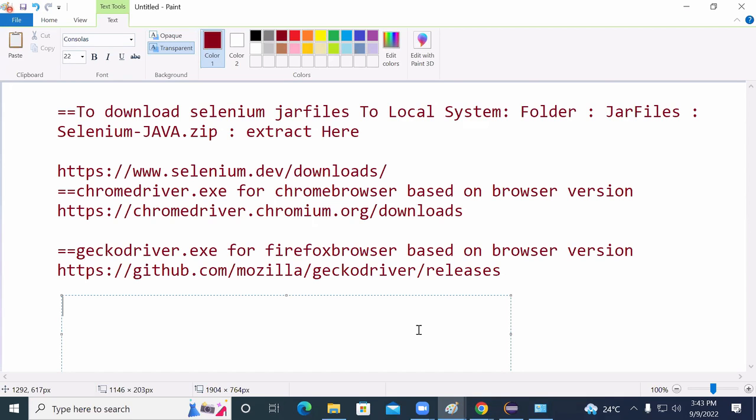Navigate to build path option. Navigate to build path option and